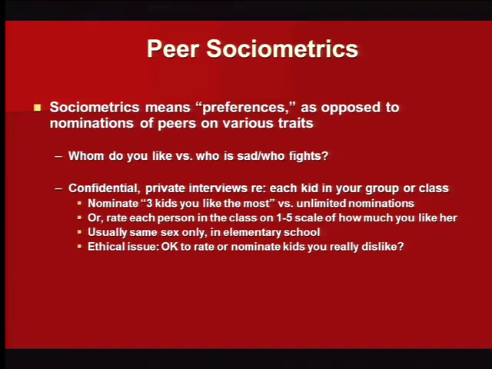the sociometric network. Usually in grade school, this is done, if you're a girl, you only rate the girls in your class. If you're a boy, you only rate the boys in your class. Why? Because most boys say, I don't like any of those girls, and the girls all say, the boys all have cooties or whatever, and so it screws it up. So usually this is done within sex.